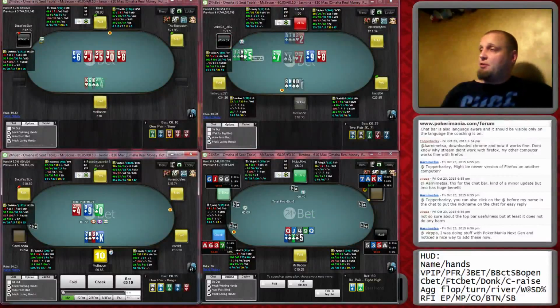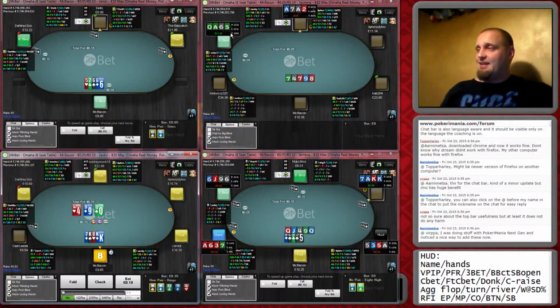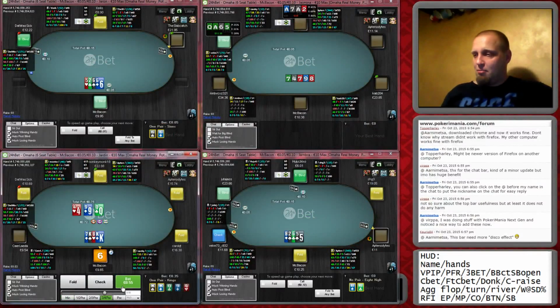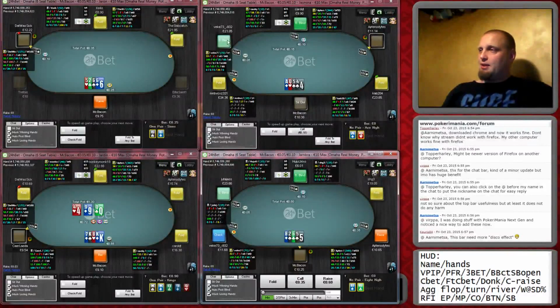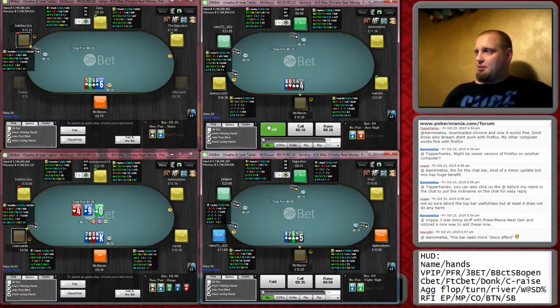You never know. First 3-betting 70 hands and it's ace queen 6-5, which is horrible. Oh my god, this. I have no idea why he 3-bets that kind of garbage, but